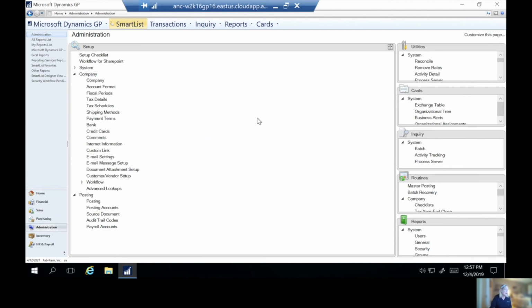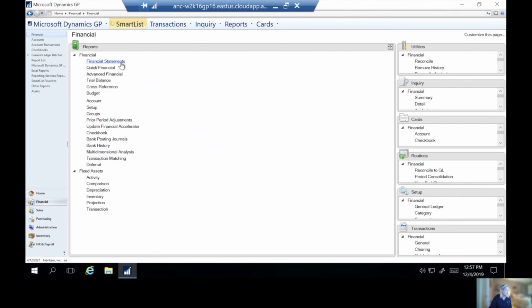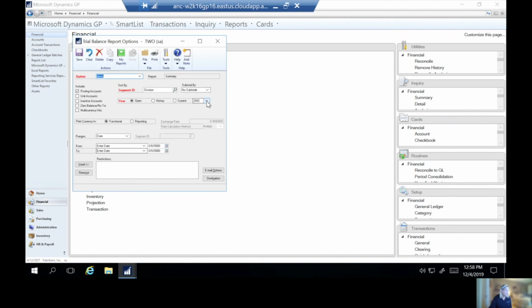And now once we've done that, if you're using GP budgeting, this is the time you can adjust your budget. You can, again, print the financial statements again at this point, whatever you need to do to prepare for going forward. Then we'll go ahead and print our trial balances one more time for the new year, just to confirm everything has rolled forward. So back under Financial, we're going to go here to Reports, and we're going to go to Trial Balance, and I'm going to take a summary trial balance for the year that I've opened,